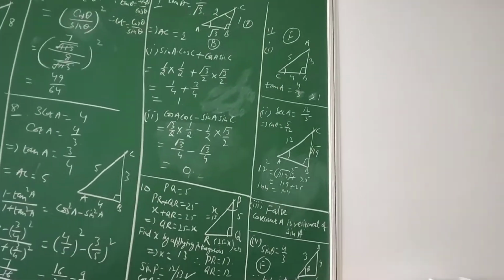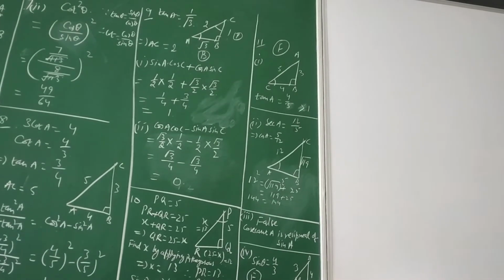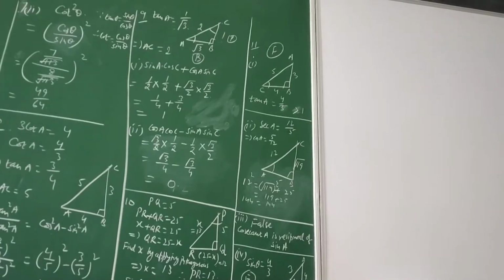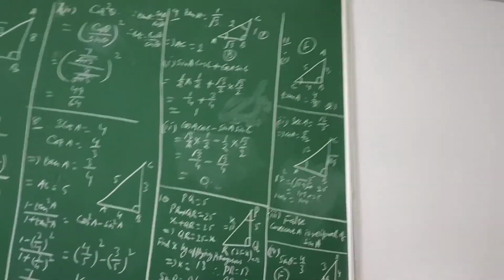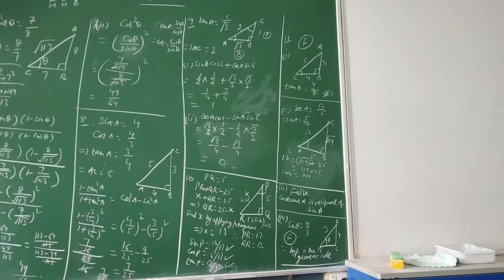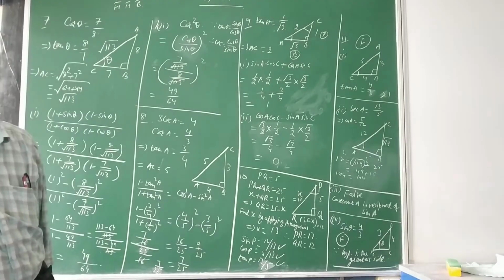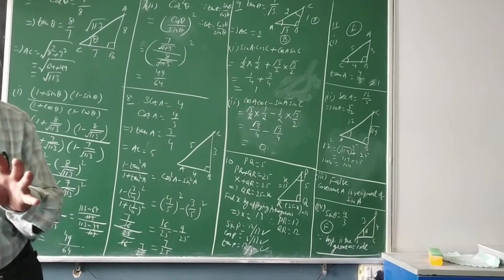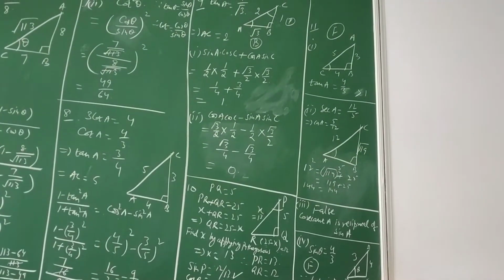Question number 11 is the final learning outcome of this topic. What did you understand? Did you achieve all the objectives which were set up in the beginning of the topic? Are you now clear with the identification of these sine, cos, tangent and their reciprocals? Nicely, the question is given at last. Do not take it lightly. You need to give a second thought, and please give results for every part.